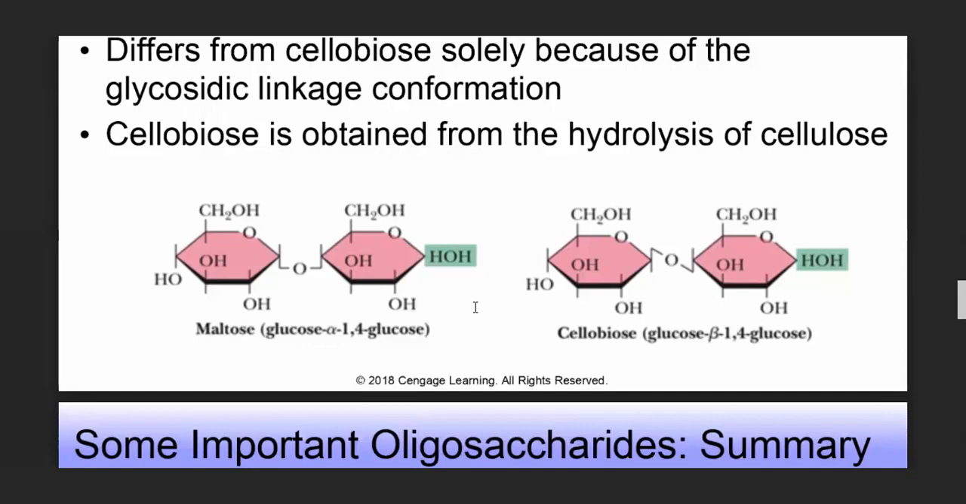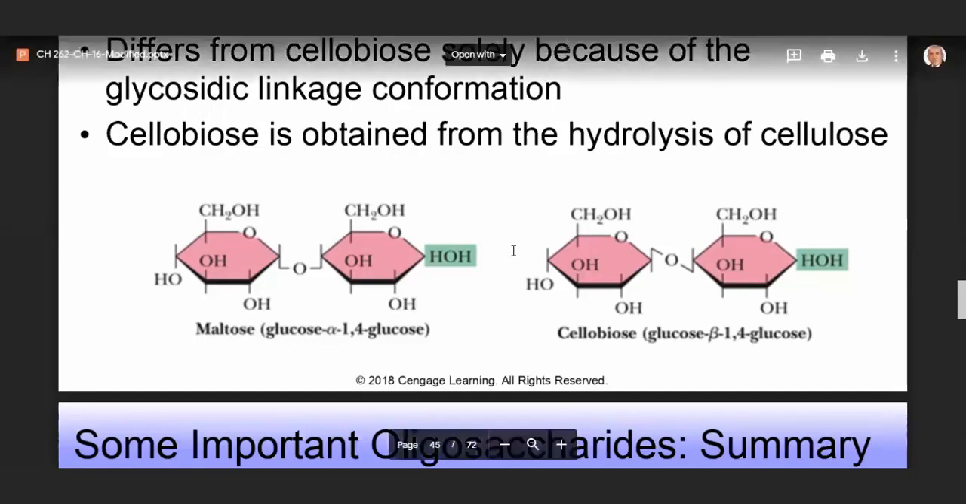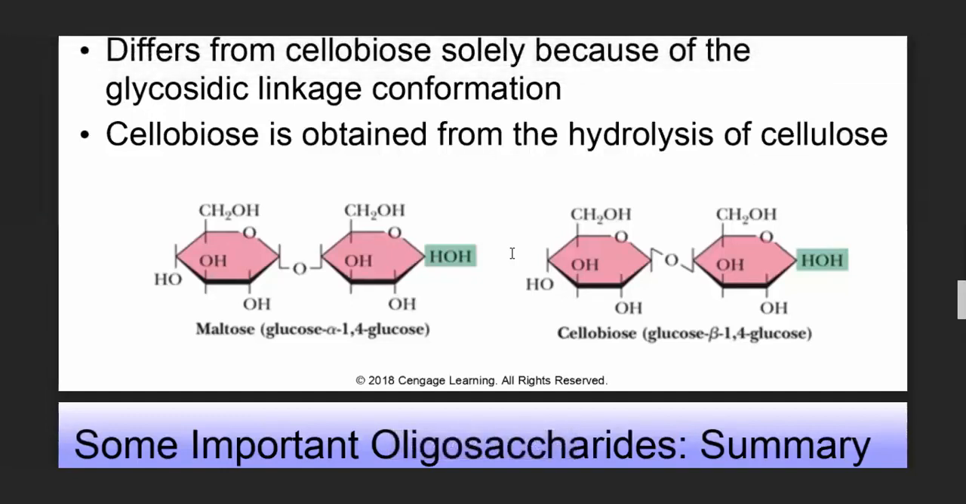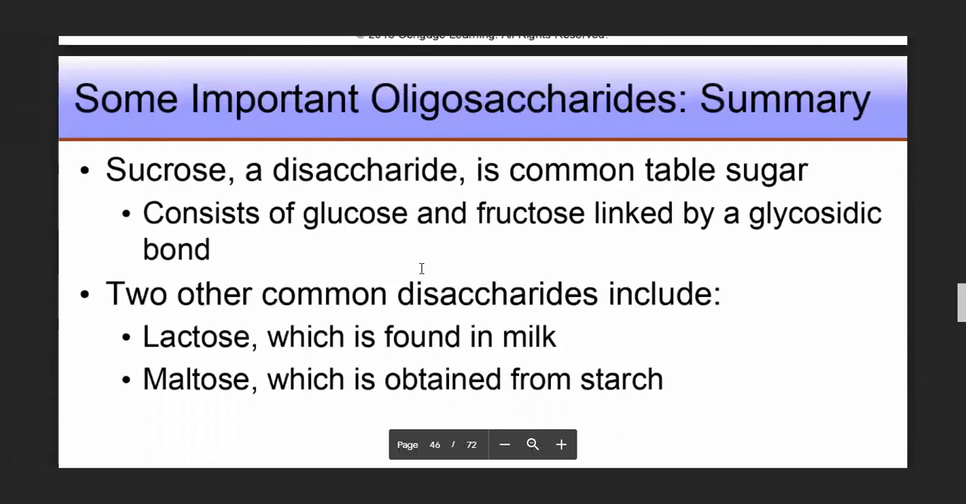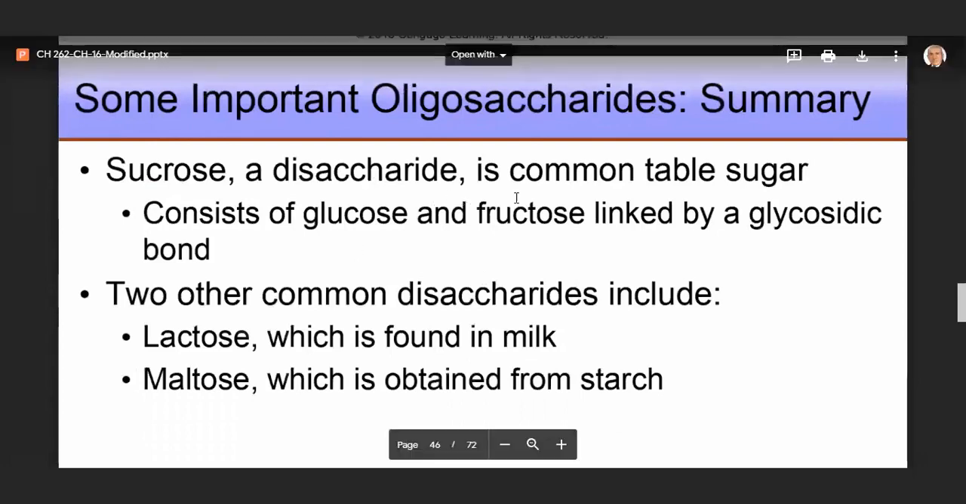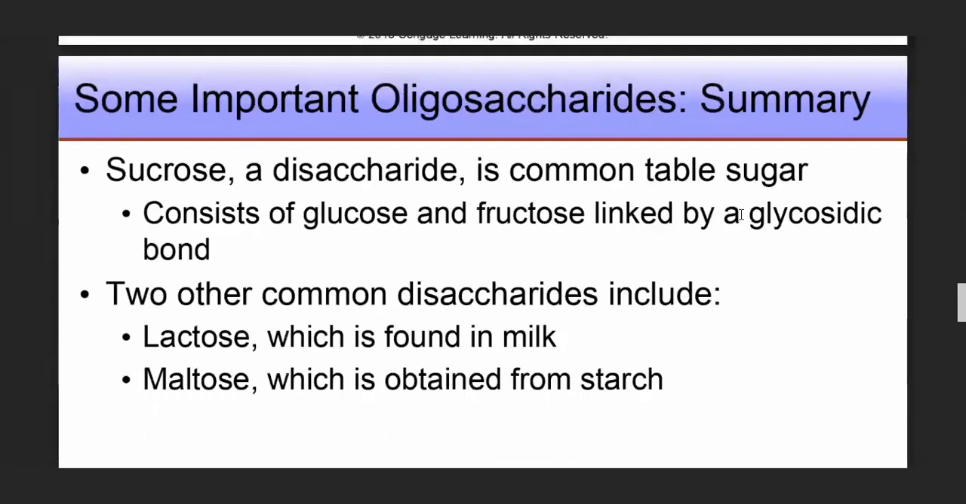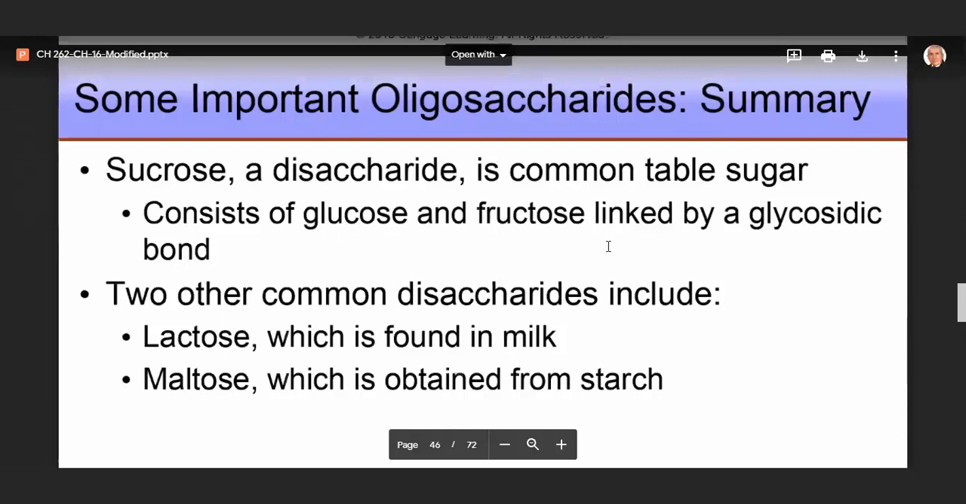These are the two differences. Although they have the same monosaccharide, they differ in the type of linkage. So in summary here, sucrose, a disaccharide, is common table sugar, consisting of glucose and fructose linked by